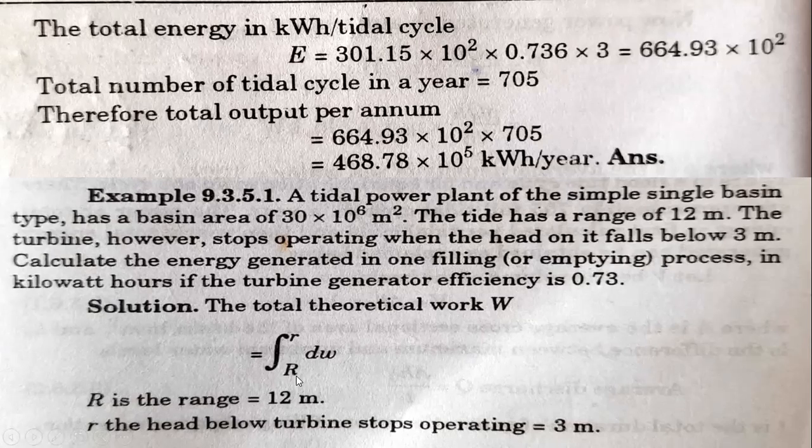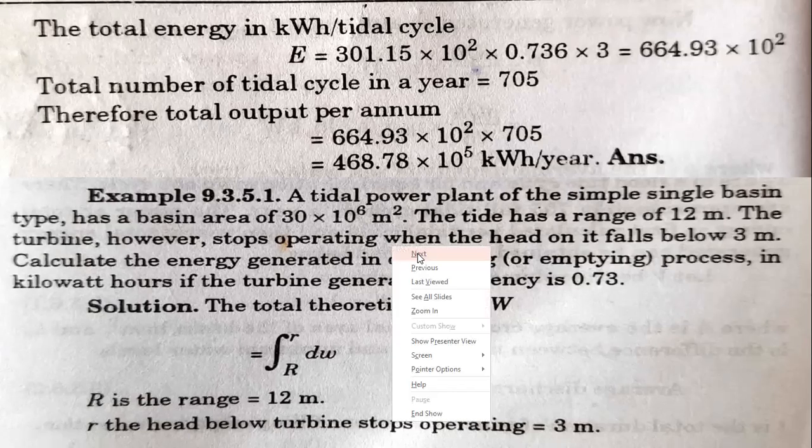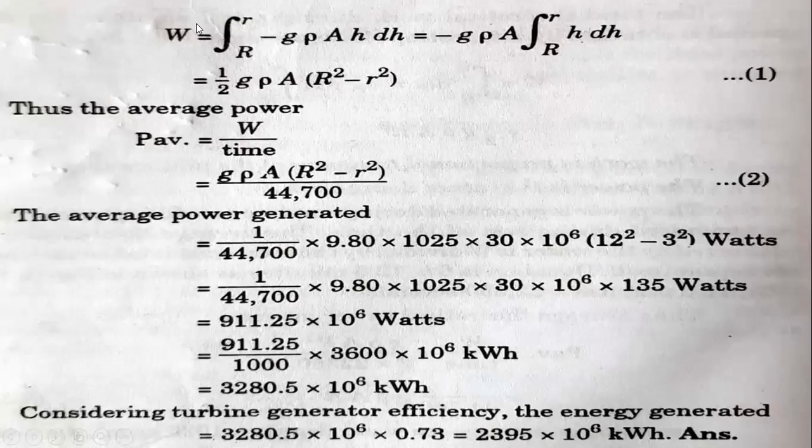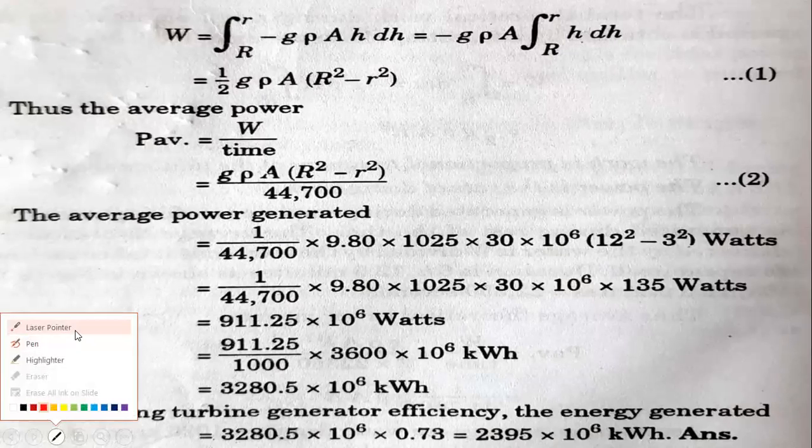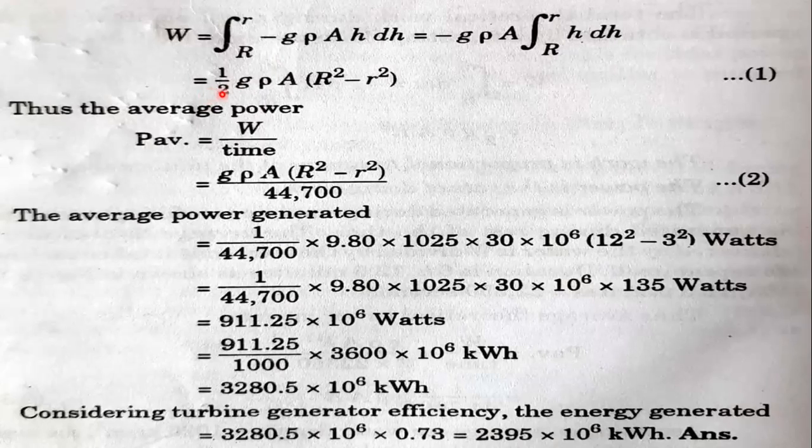So work done, range is here R to r, maximum to minimum, dW. We know that the formula: work done is equal to integral from capital R to small r, maximum range to minimum range, of G rho A h dh. If you integrate this h, you will get 1 by 2 G rho A (R square minus r square). And average power, we know that P average is equal to work done by time. So the work done formula we get is 1 by 2 G rho A (R square minus r square)